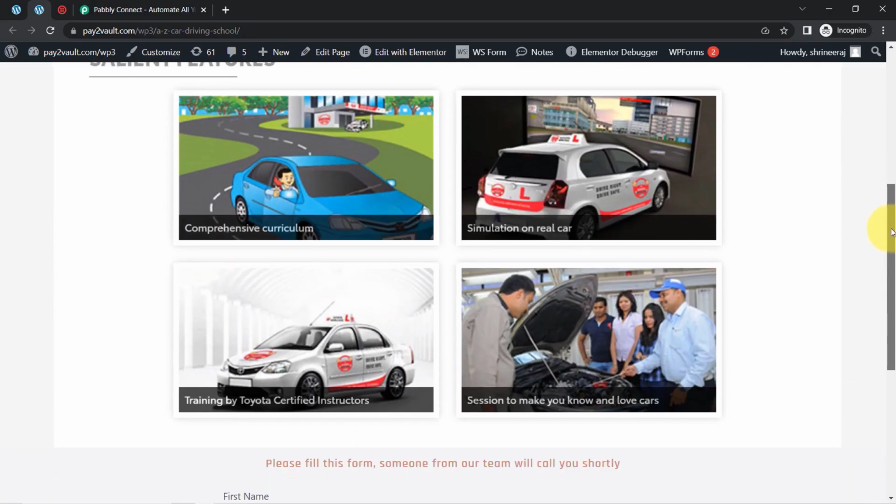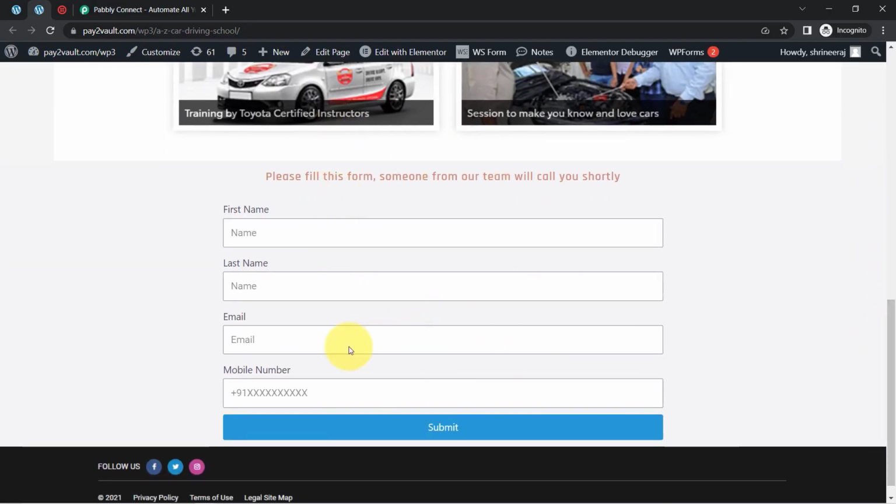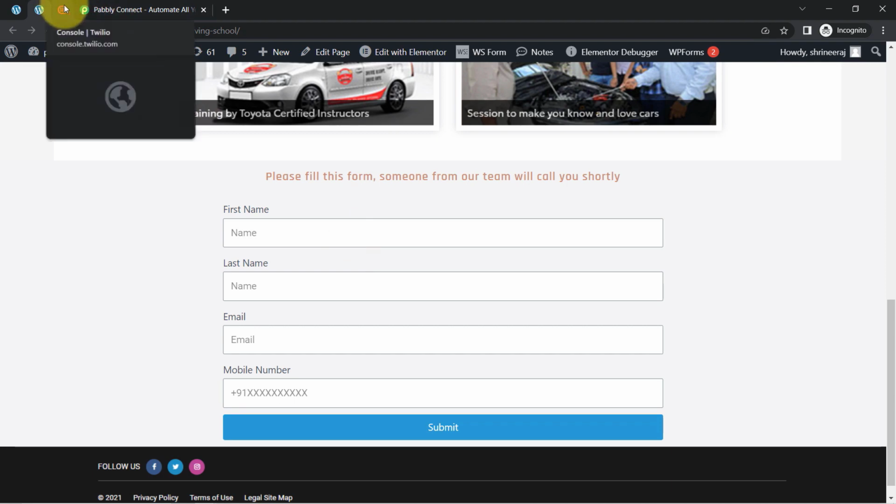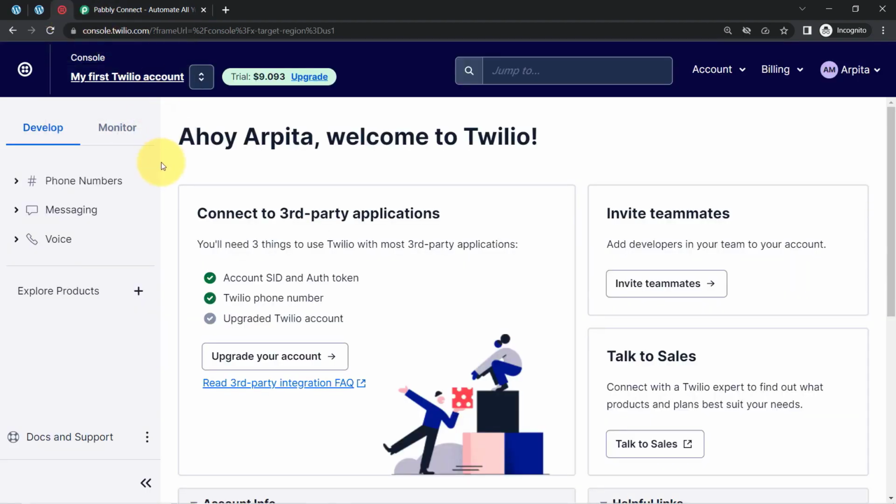So this is my website where I have embedded this Elementor form, and I want that every time this form is submitted, I should get the notification on my phone via SMS. And for receiving the SMS, I'm going to use this Twilio application, and to create this automation, firstly I'll have